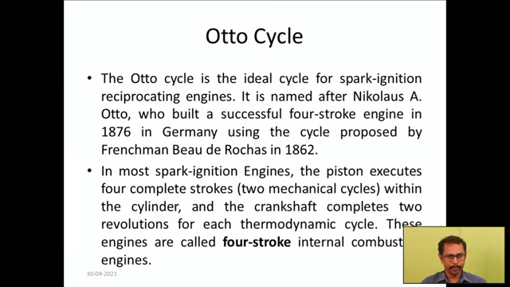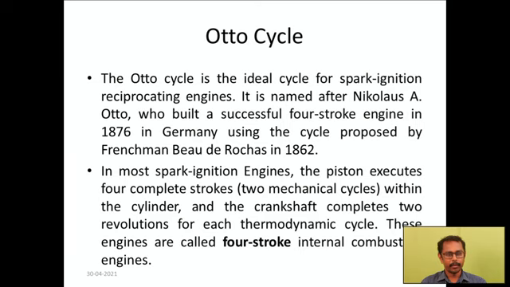There are many thermodynamic cycles, such as the Otto cycle, Diesel cycle, Joule cycle, Lenoir cycle, Stirling cycle, and Dual cycle. In my lecture, I would like to deliver about the Otto cycle. The Otto cycle is the ideal cycle for spark ignition reciprocating engines. It is named after Nicolaus A. Otto, who built a successful 4-stroke engine in 1876 in Germany using the cycle proposed by the Frenchman Beau de